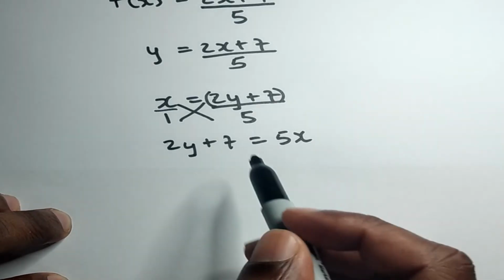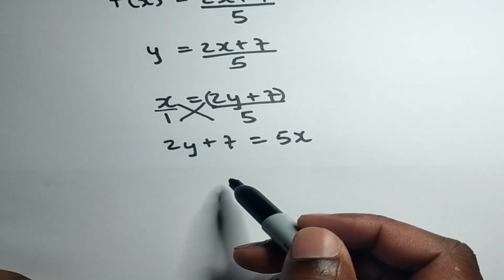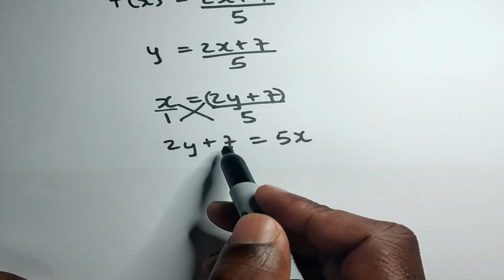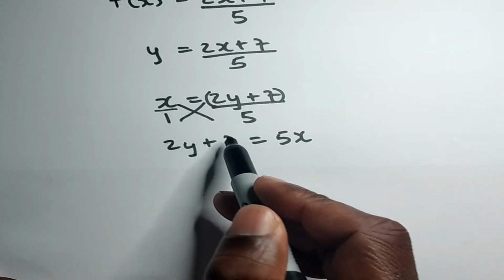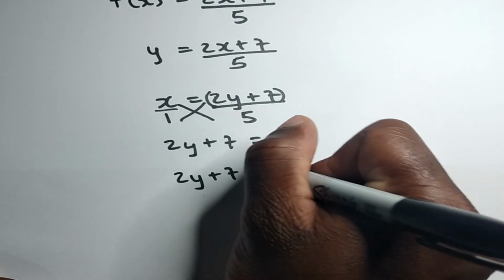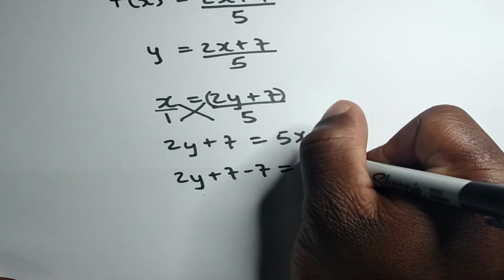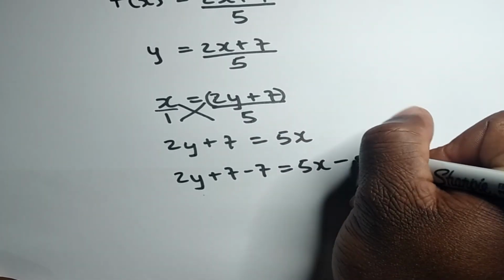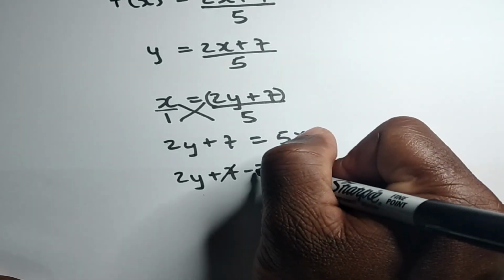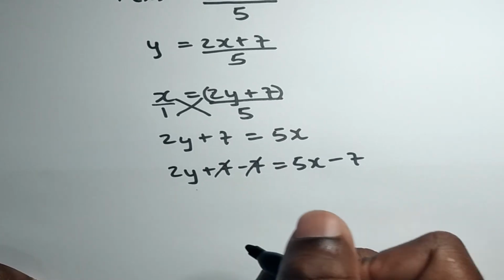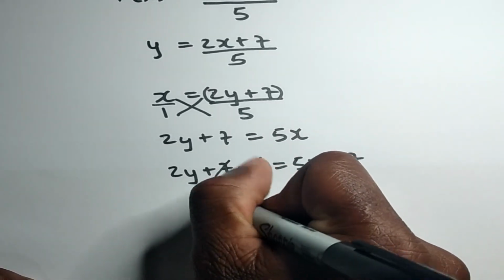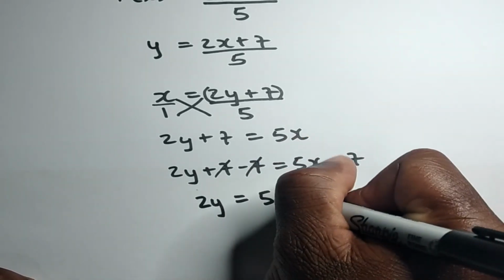And as I mentioned previously, when we are transposing, we do the opposite of the operation that is taking place. So to get rid of this positive 7, we do the opposite of that, which is to minus 7. And whatever we do on one side, we must do the same thing on the other side to keep the equation balanced. So cancel this minus 7 here, and we'll be left with 2y being equal to 5x